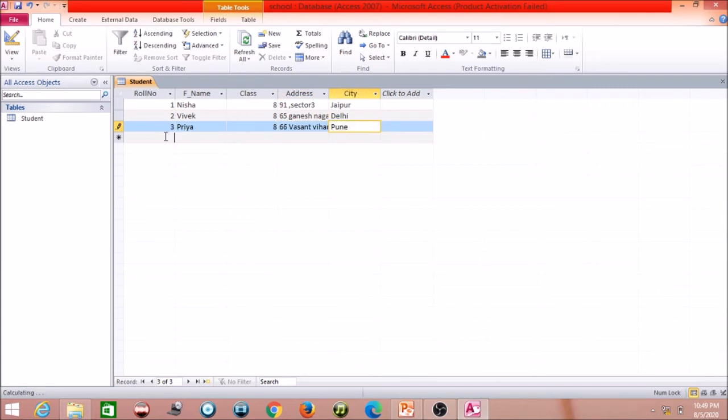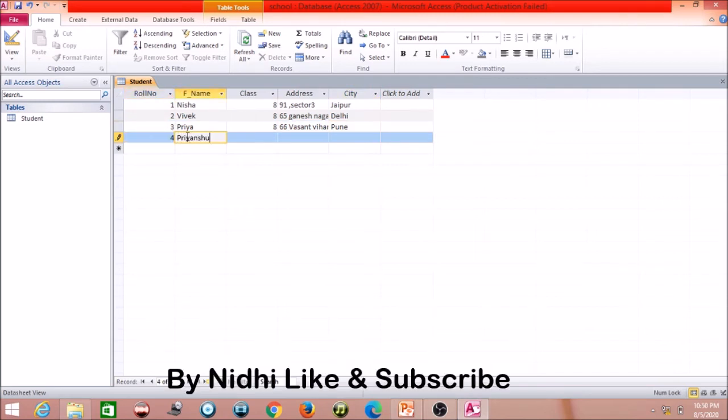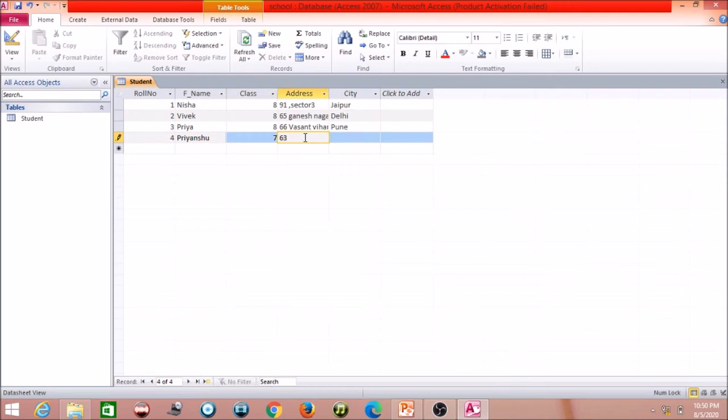Okay, next, fourth row, first name Priyanshu, class 7, 63, Nirman Nagar, Jaipur. So these values I have inserted.